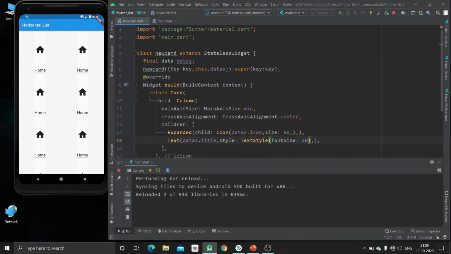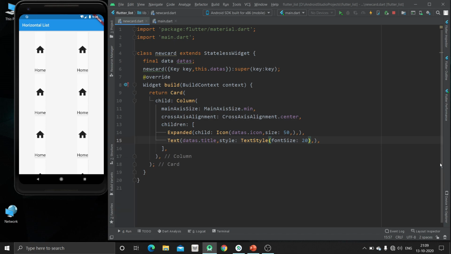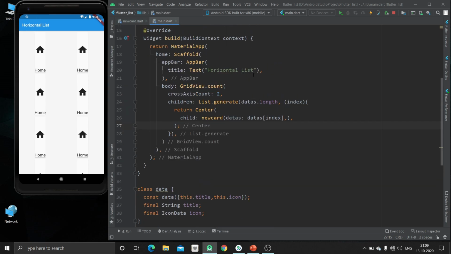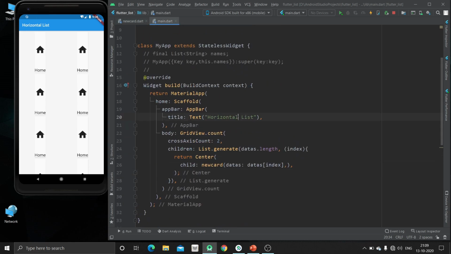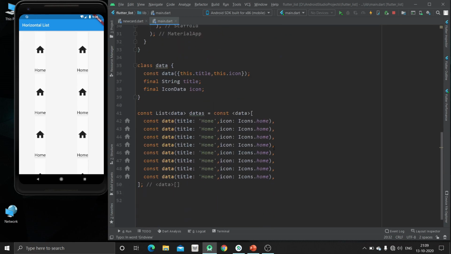So here is one grid view which we have implemented in our last video. We will just change the heading. In our list section we have implemented this grid view for creating this list. So today we are going to see grid view.